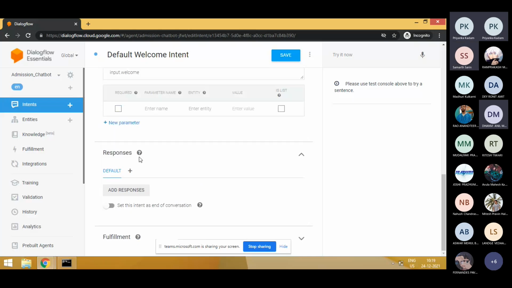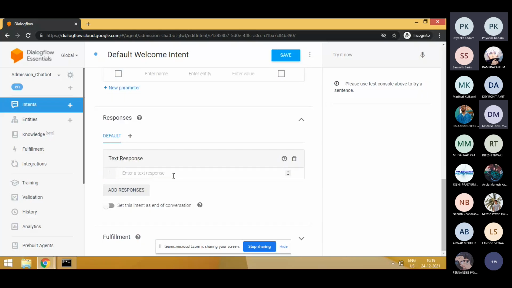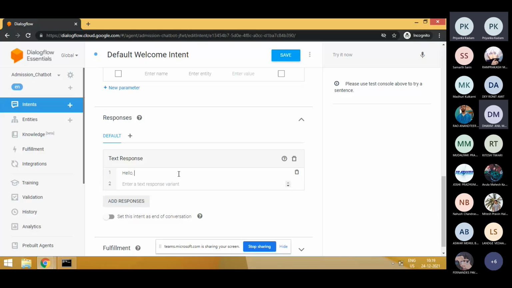If I delete this, you will see an option which is called add responses. I just create a text response. I create hello, welcome to my